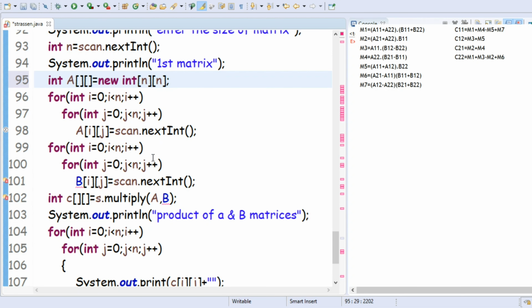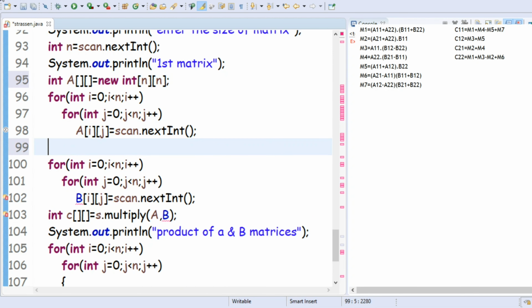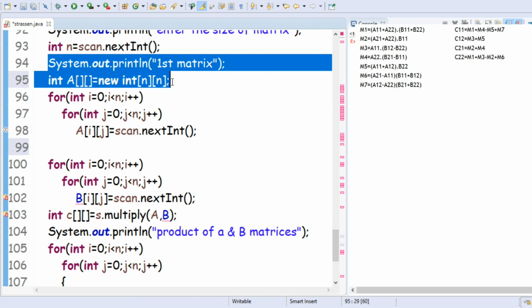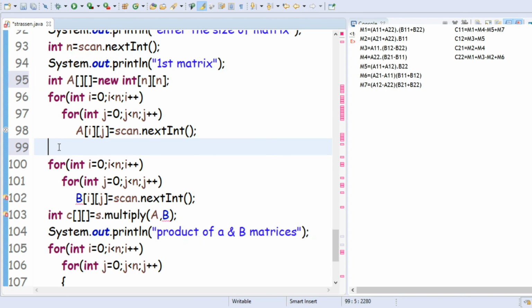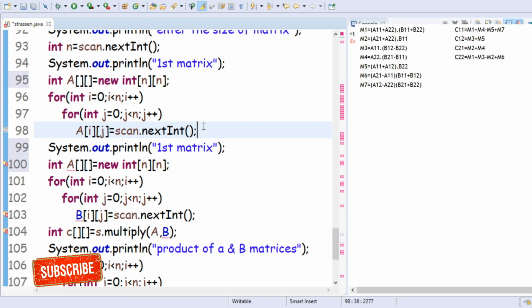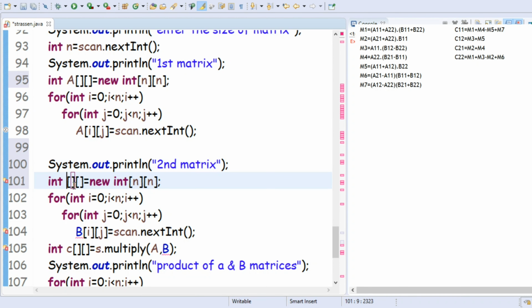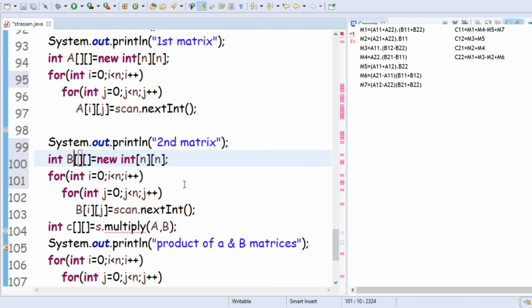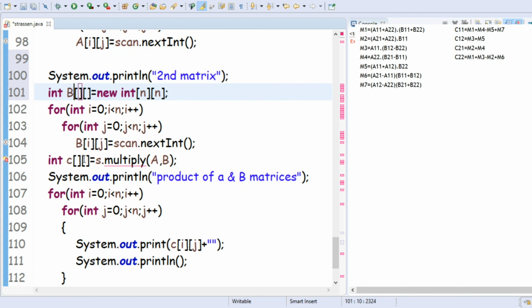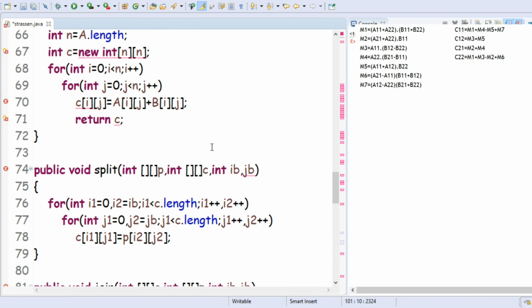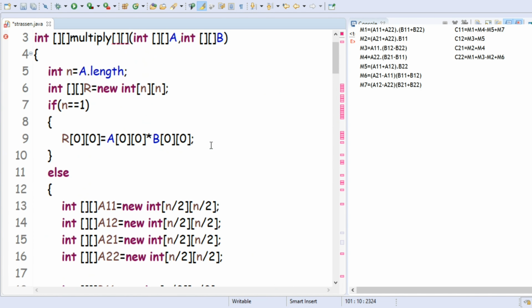Next, similarly here I didn't declare the b also. Next, after this I want to change, okay, second matrix in place of a change as b. Okay, next after this multiply. What is the mistake here?